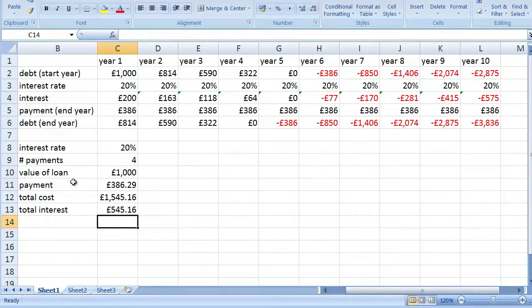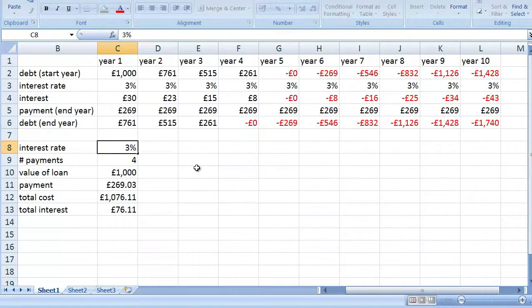£545. Like before, you can now change the inputs and all of the outputs will automatically update. So, if we change the interest rate input to 3%, you can see that your payment decreases to £269. The total cost of repaying the loan decreases to £1,076, and the cost of the interest also decreases to £76. Have a play around. The number of payments